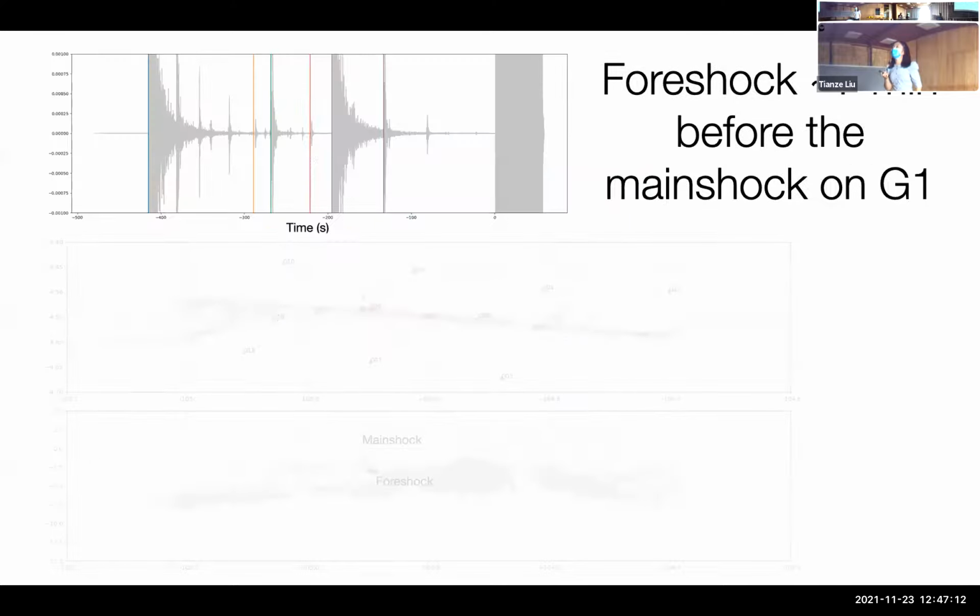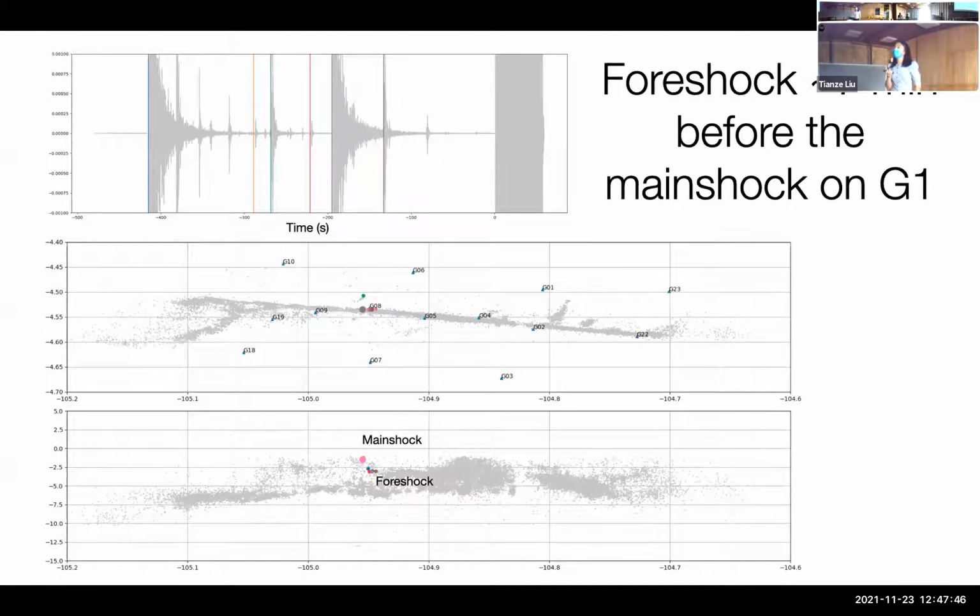However, on the G1 segment, it shows a completely different behavior for the foreshock. This map shows the seismograph on one of the OBS stations. Time 0 is the onset of the main shock, and about 7 minutes before this main shock, we started to see intense foreshock. So this event is preceded by imminent foreshock activities. And you can also locate those events, and they are shown here in these maps. These big dots represent the location of the main shock, and the smaller dots represent the location of the foreshock. The main shock is located at around 2 kilometer depth, and